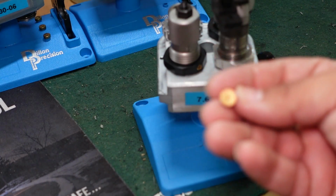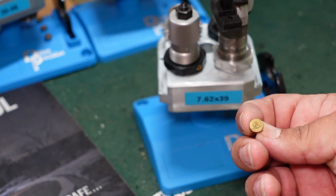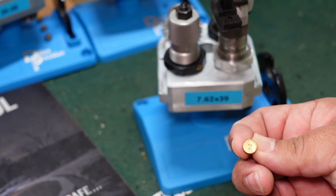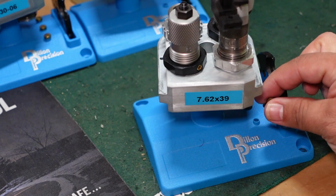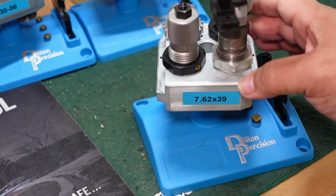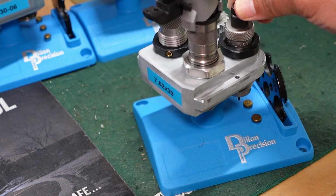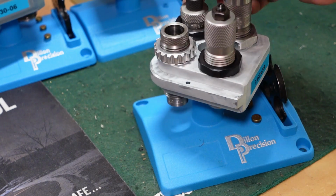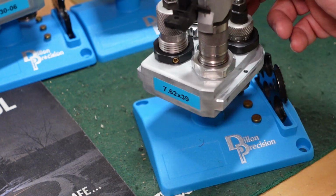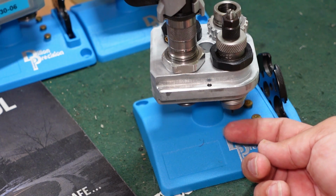Let's see if I can. No, it's just right there, letter A, or actually number 2. And this is the shell plate of the die holder. For this, I'm using an RCBS, I believe. Let me double check. Yeah, RCBS decapping and